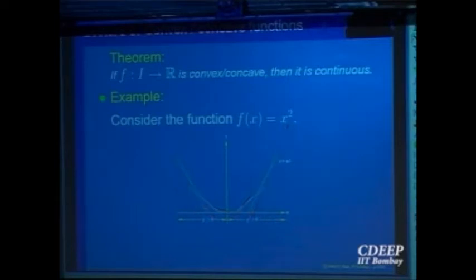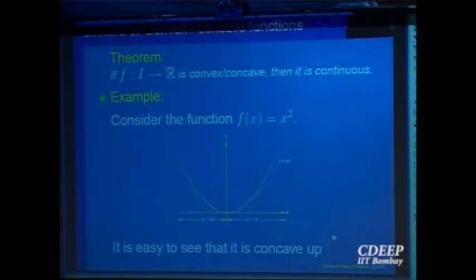Okay, so that means what? Y equal to x square is differentiable. At every point I am able to draw a tangent, but as I move from left to right, the slope of the tangent is increasing. Right? So geometrically it says that if a function is concave up and is differentiable, then the derivative of that function should be an increasing function. And that property is in fact true.